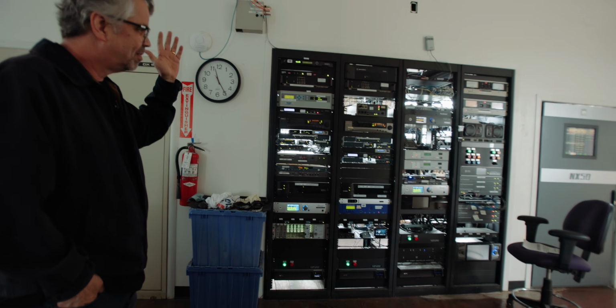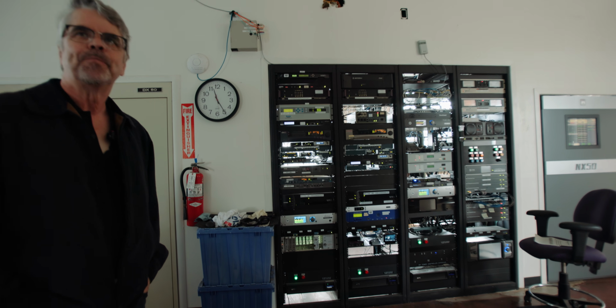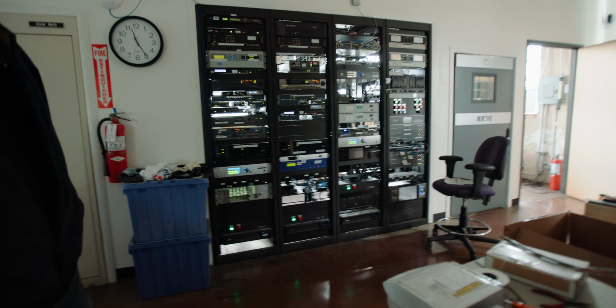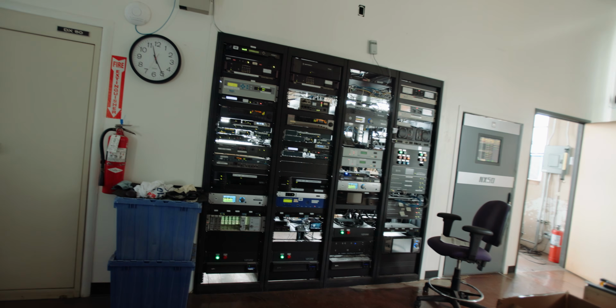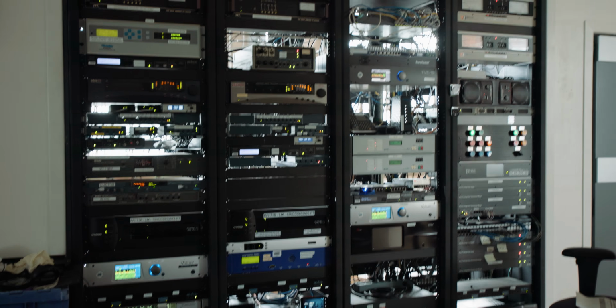The rack's full of stuff. I noticed you still have some T1 stuff going through here. Yes, and that's what the 6 gig radio is for. We're going to be getting rid of the T1 stuff as soon as we commission the 6 gig radio and we make sure that it's working as we expect,